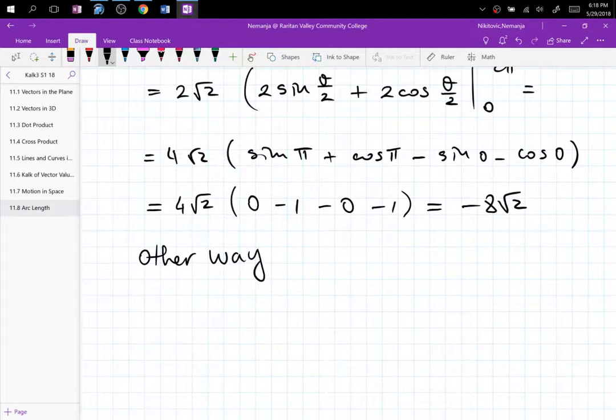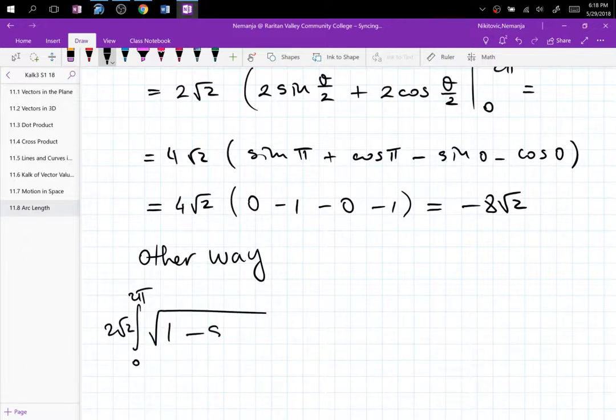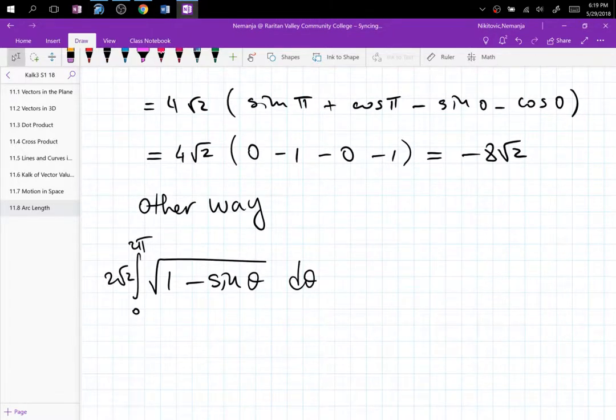I'll work out the other way, and then I'll play with this later tonight. So from 0 to 2 pi, we have 2 root 2 in front. We have the square root of 1 minus sine theta d theta. So from here,